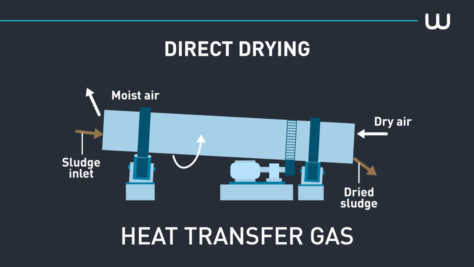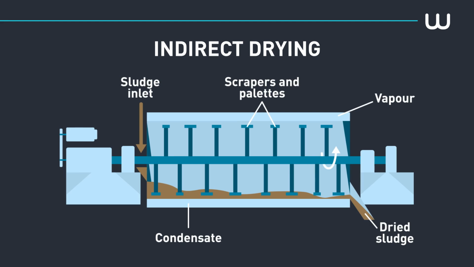Now, let us look at indirect sludge drying systems. Here, the temperature of the heat transfer gas is low. This is why, unlike direct drying, the indirect process is equipped with scrapers and pallets. These elements enable sludge to be turned in order to ensure that the heat transfer gas comes into contact with the wet sludge. Like direct drying, water from the sludge evaporates as vapor and dried sludge is recovered at the